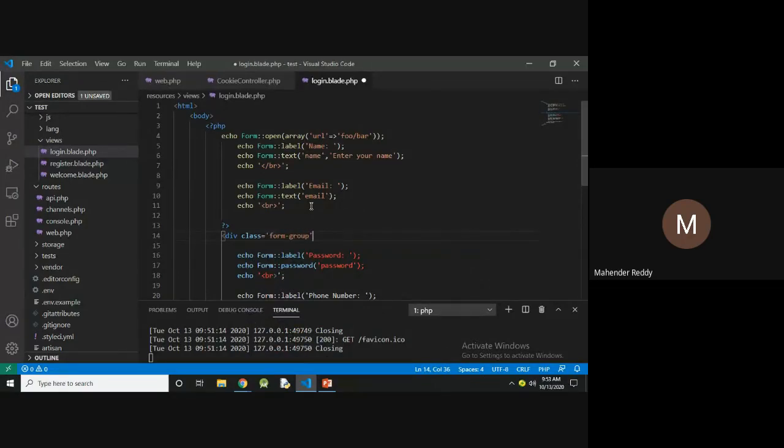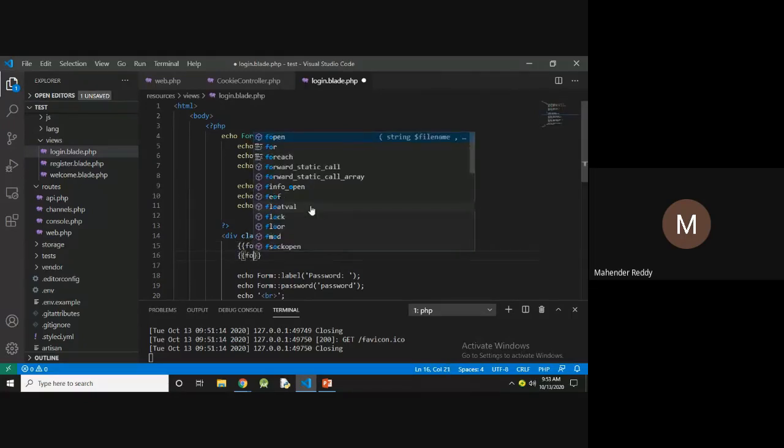From a form group, now I'm using the two curly braces. First Form::label, that is gender. After displaying the label, I'm going to add the two radio buttons.